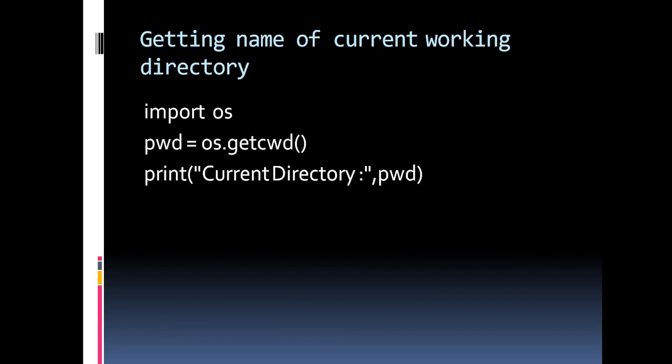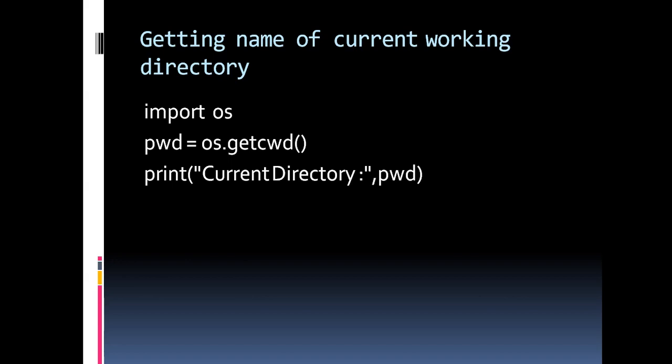There is a way in Python also to get the name of the current working directory, where you are, in which directory. There is an os module, meaning operating system: import os and use the getcwd function. CWD stands for current working directory. If you get the current working directory with the getcwd function, then you can print it, and your current directory will be printed. Hope you understood. If you require, we will also see this while working with Python. There we will go through in detail. So you should be very clear what an absolute path is and what a relative path is.